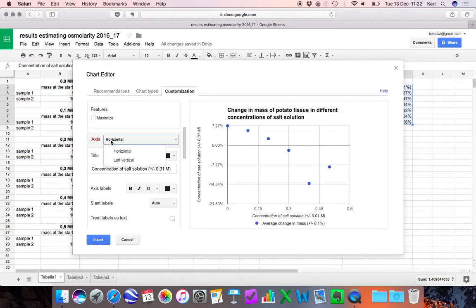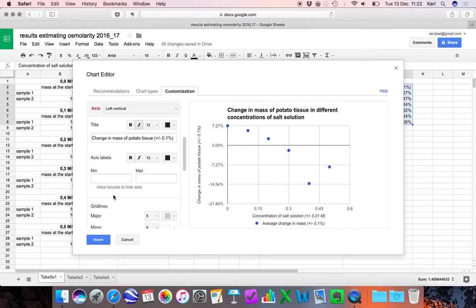And then to do the vertical axis, left vertical, this is the change in mass of potato tissue. And once again, with measurement uncertainty, 0.1% and units percent. Okay, let's see if that fixed that. That's what I need there. And then keep scrolling down